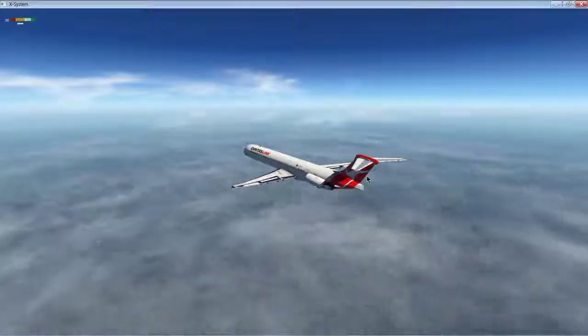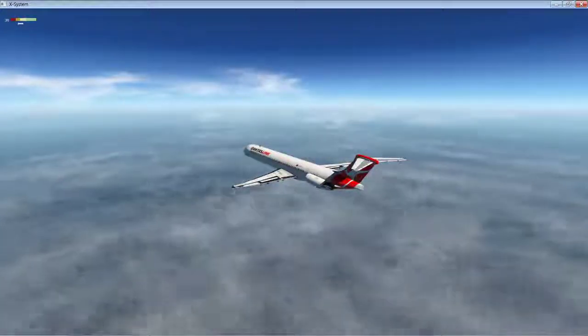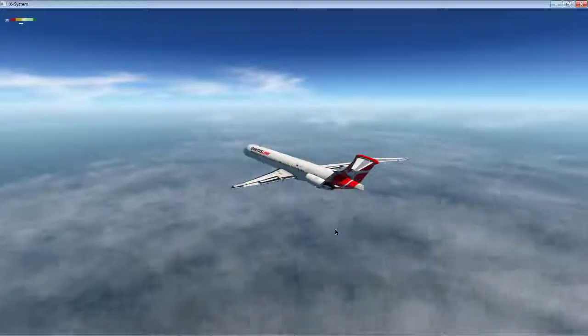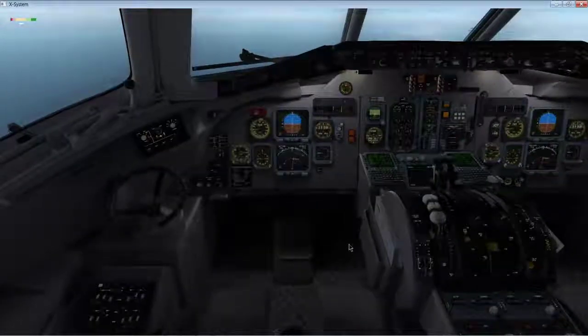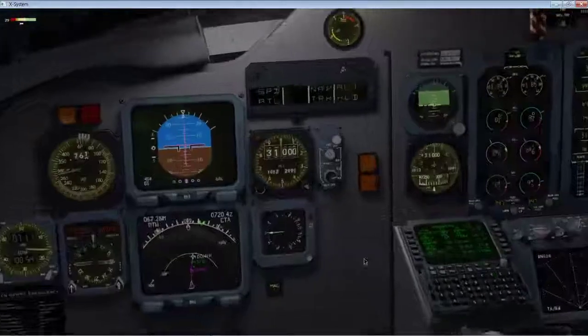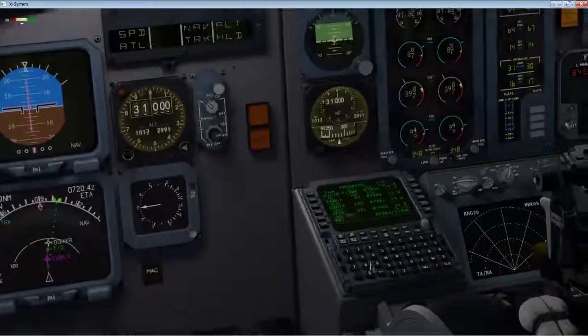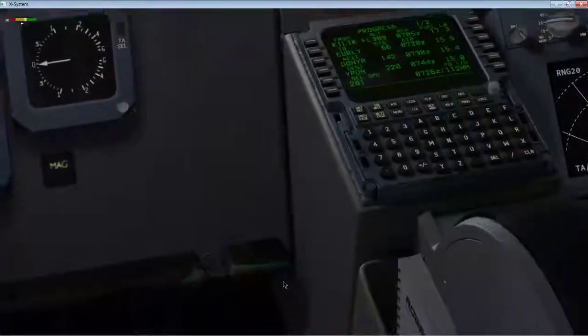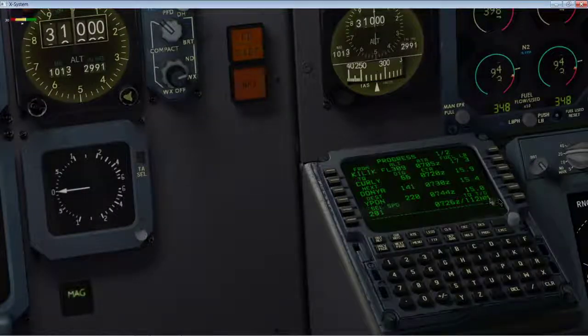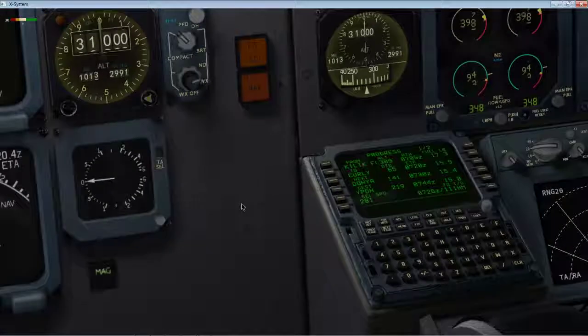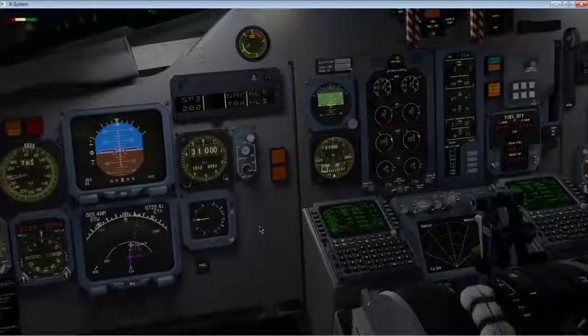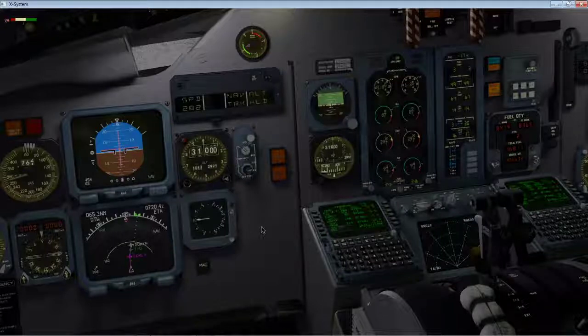Looks quite good. Okay, here we are. Like I said, we're at flight level 310 and just looking at the progress on the FMC. Top of descent in 112 nautical miles, Darwin's 220. So we better start looking at where we're going to be landing, or which runway that's going to be. So